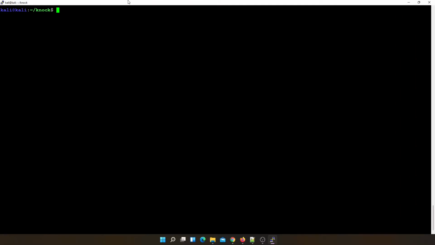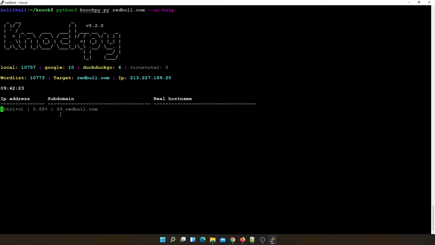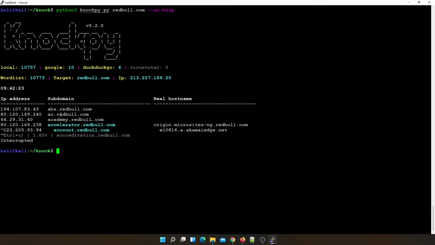Now in case you want to speed up your scans and focus only on the DNS based enumeration, we can provide the option no HTTP and proceed ahead. Like so, it is very easy. I will remove these also, not needed right now. No HTTP, and we can run. Now you can see what will happen. It will just go ahead for DNS based enumeration and give you the results. So like so, you can go ahead and work with it. This is also one option that is possible.